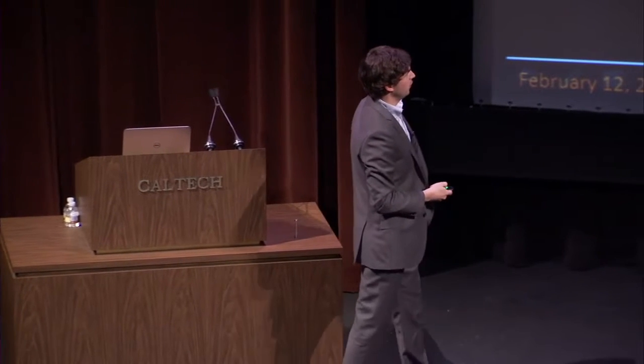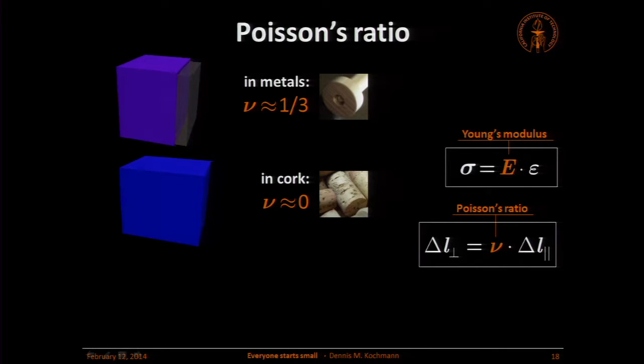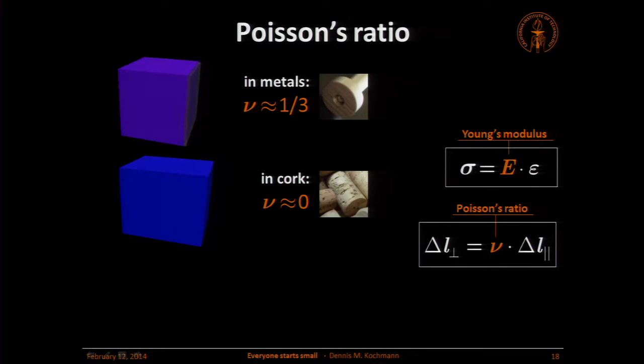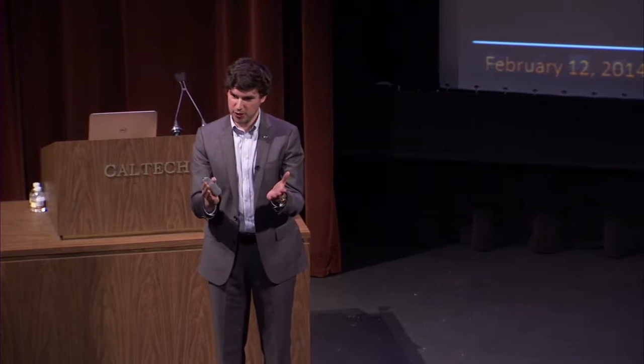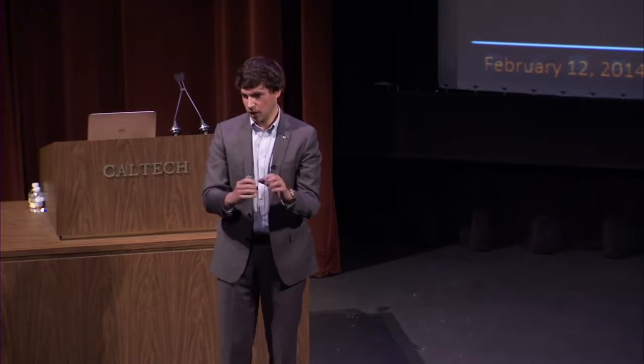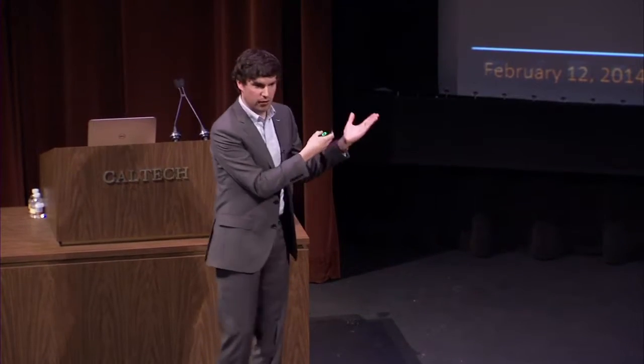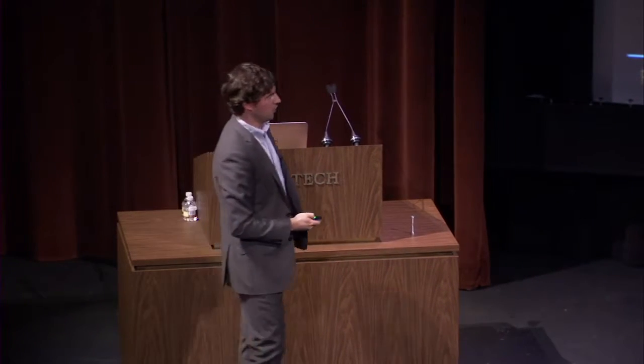There's one material that's kind of unique and that hits the bottom of what we can do, and that's cork, and you actually all know it. Ever wondered why there's cork in a wine bottle where there's not rubber? Well, this is the reason, because it has a Poisson's ratio of 0, which means if you pull on it or you compress it, it hardly ever changes in cross-section. Imagine you were trying to get a piece of rubber into a wine bottle. It would start to expand. So you keep pushing further. It expands more. You would never get the rubber into the wine bottle. Cork doesn't do that. That's the reason why people for centuries have used cork to close wine bottles.